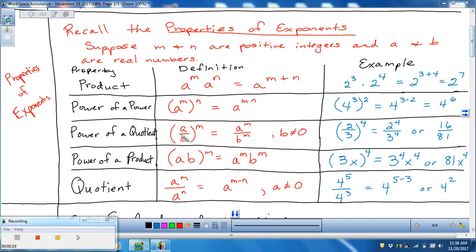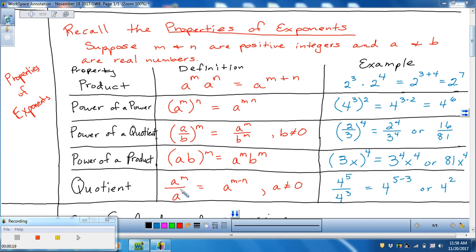Power of a quotient, a divided by b all to the mth power is equal to a to the m over b to the m, provided that b is not equal to 0. Power of a product, the product of a times b raised to the m power is equal to a to the m, b to the m. And the quotient rule,